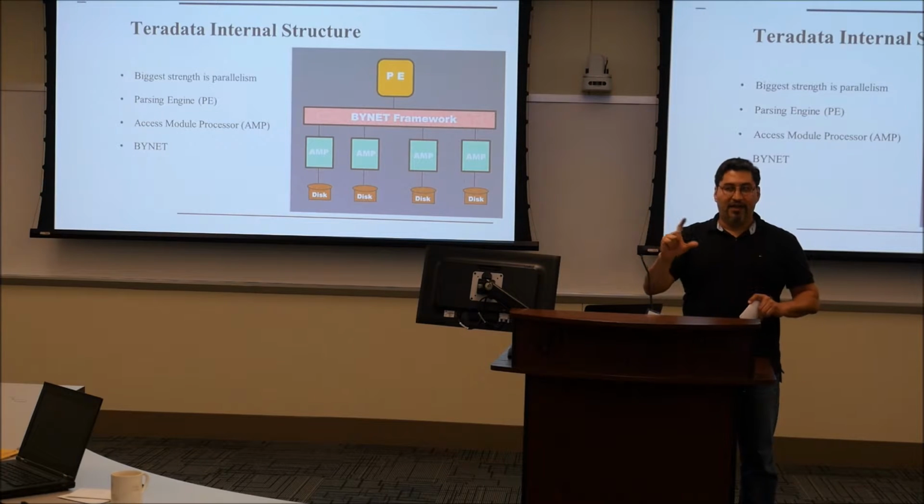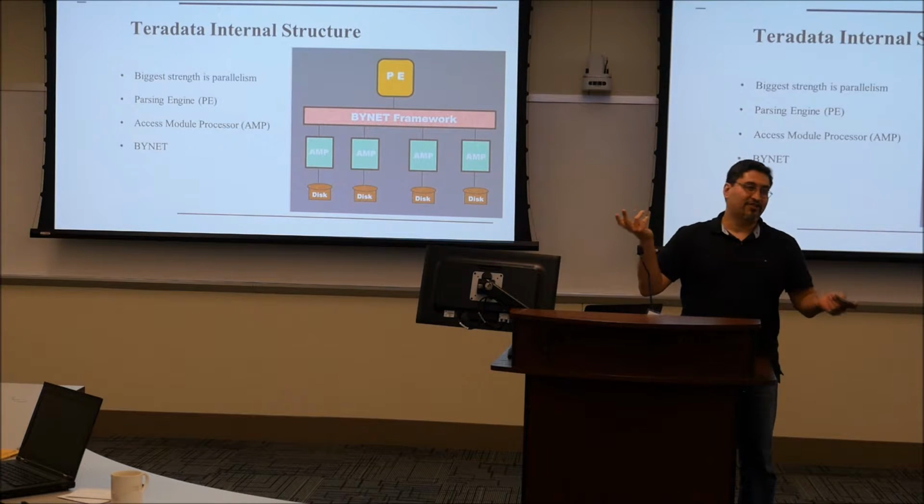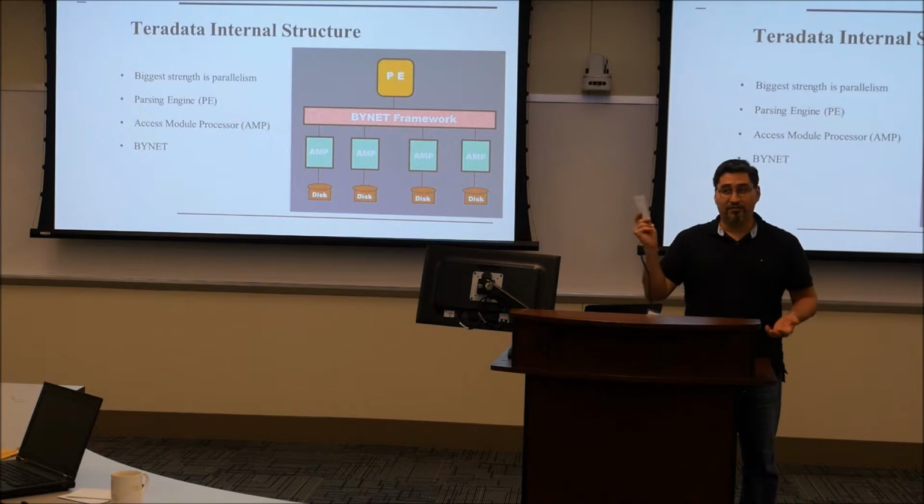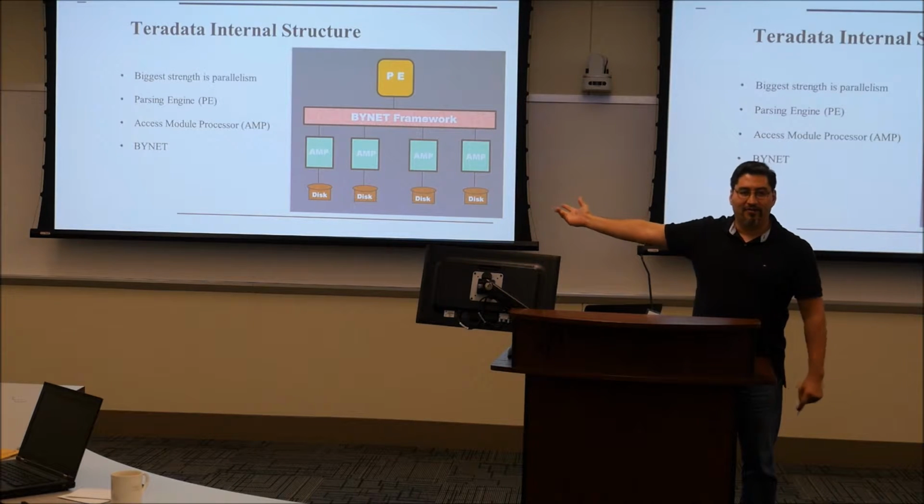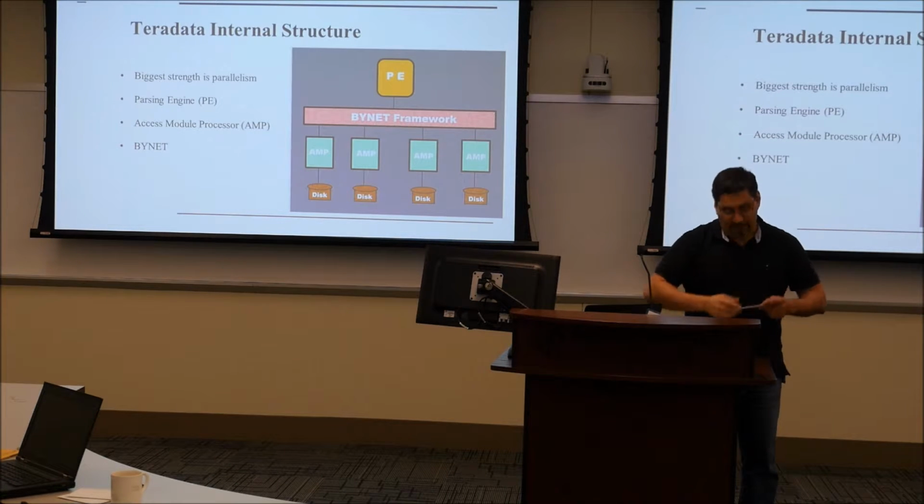Does anybody want to take a gander at why we always have two systems, communication working? Anyone? Just in case it goes down. Thank you. What else? Faster. Right? Lincoln Tunnel, very good, yeah. One goes down, guess what? We're still talking, still communicating. So that's what it is. We just say BYNET network system, but there's always two running at the same time.